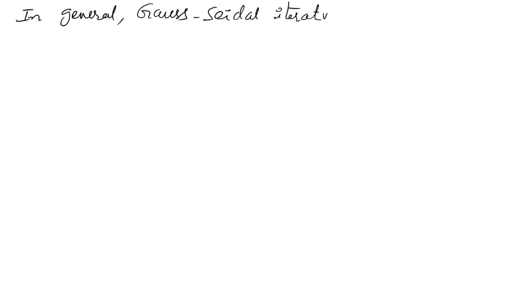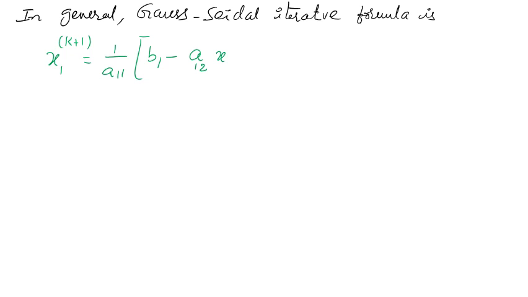In general, let me write the Gauss-Seidel iterative formula. Now I am writing the formula. x1 at the k plus 1th iteration is 1 over a11 of b1 minus a12 x2 at kth iteration, minus a13 x3 at kth iteration,